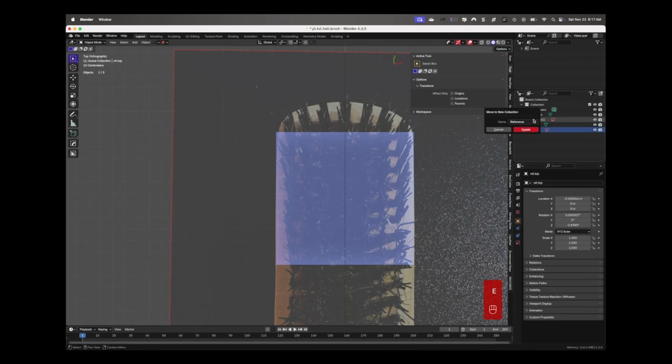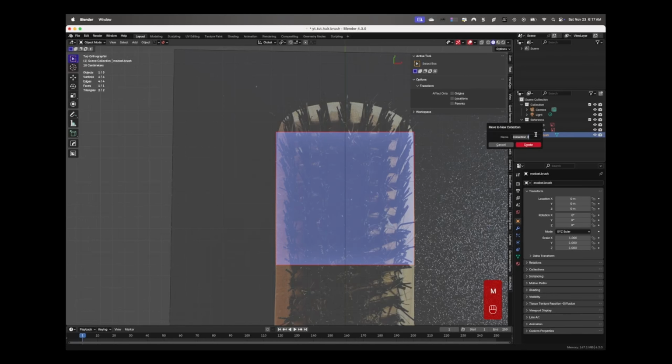And now what I want to do is I'm naming my reference files, and I'm putting them in a reference collection, just so we don't have a big mess over here in the outliner. And I just want to rename everything and keep everything nice and clean and neat in the outliner as we're working. It just makes things much easier as you start building more complex models. And then we'll get back to modeling here in a second.